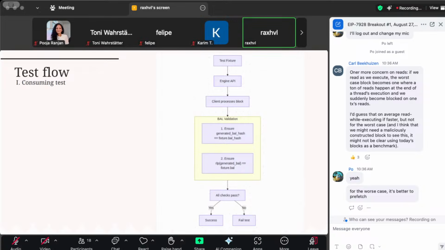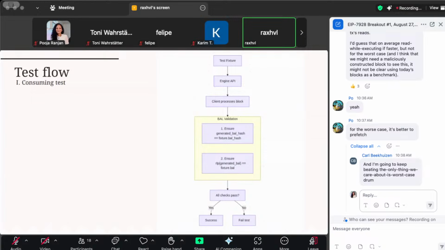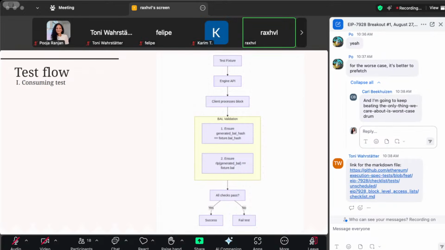This is like a structured Markdown file which goes over the goal of the test, the setup that is required, and the assertion that we're trying to make. So if you guys have any test cases in mind, I'd suggest making a PR to this Markdown file, and